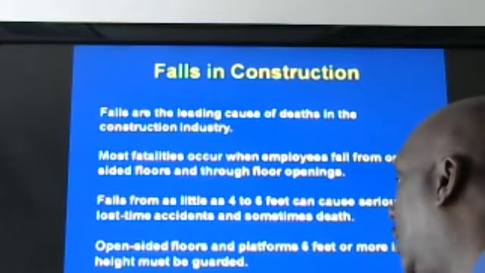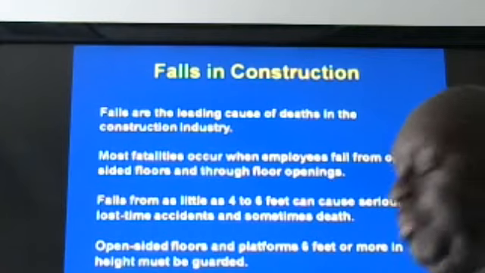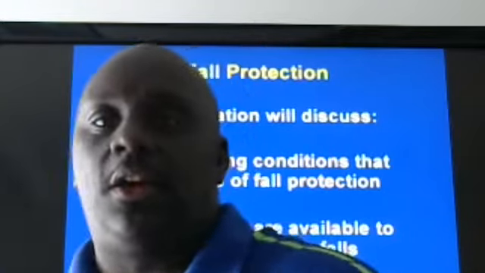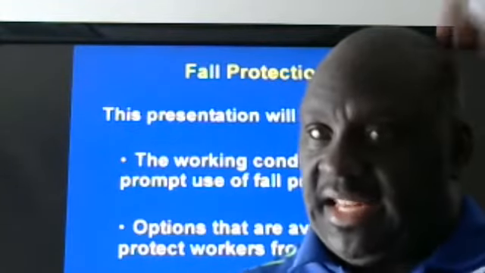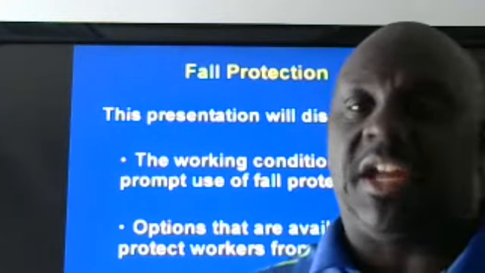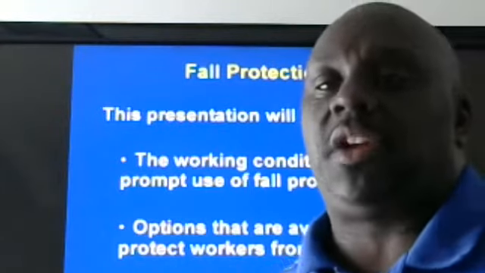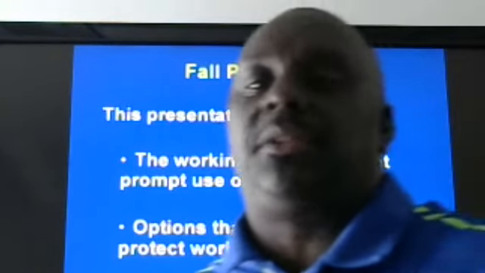Open sides, floors, platforms 6 feet in height, again, must be guarded. So anytime that you operate in 6 feet or better in the air, which is your average body height, anytime you get past your average body height, you need to be protected. Falls are the number one thing in construction because, again, it is the uneducated of how to absolutely use the